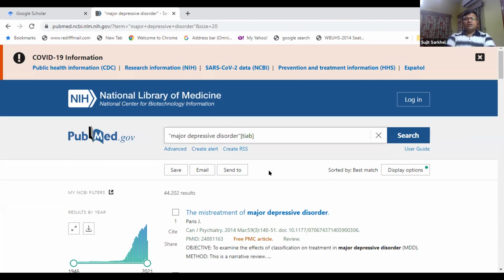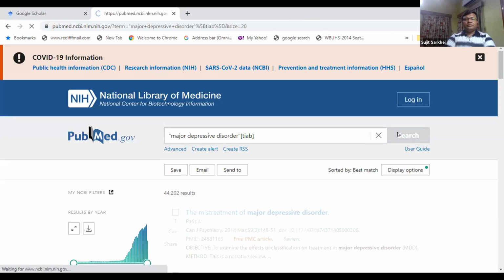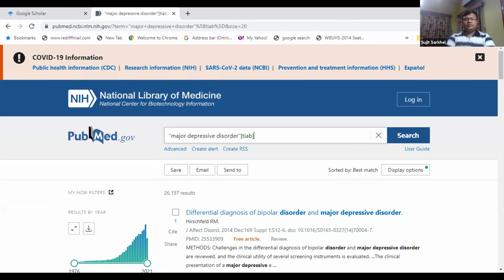Now the search engine is expected to look for it only in the title and the abstract. So now I have zeroed down to 26,000 articles. That leads to a further reduction. At least these 26,197 results refer to articles which are more specific to major depressive disorder.